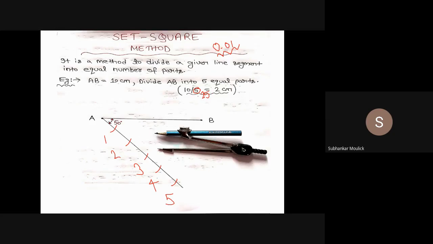Maximum they can give you is that you have to divide a given line into say 10 equal parts. That much length you will take in your compass, and on this inclined line you will cut how many equal parts? 25 times you have to cut this arc. Or if you are dividing this 10 centimeter line into say 6 equal parts, that many equal parts you have to cut on this inclined line. Is it clear to all of you? Yes, sir.